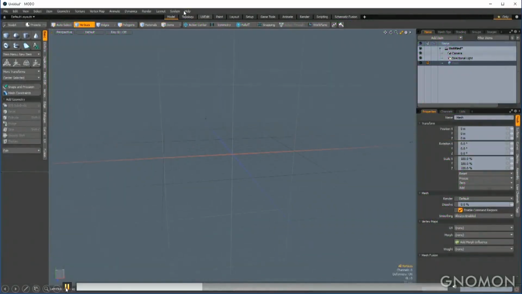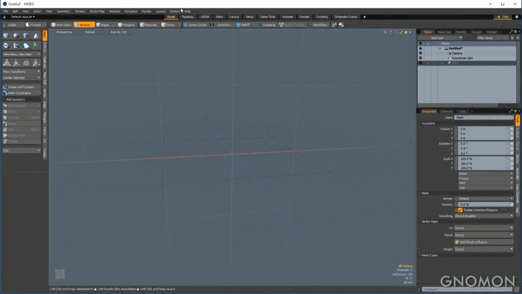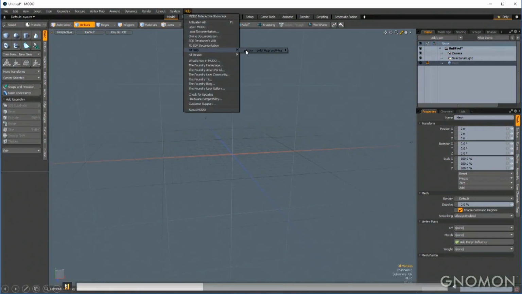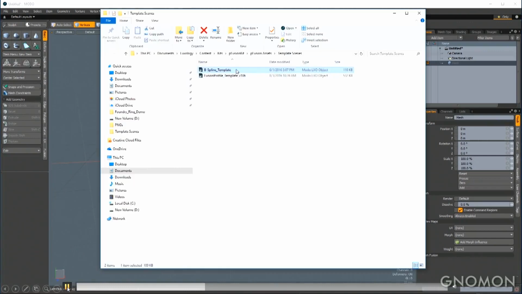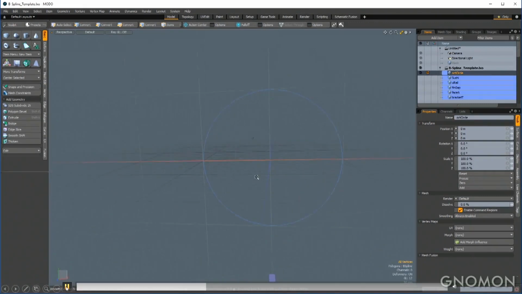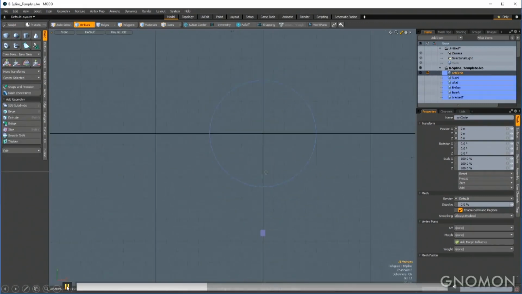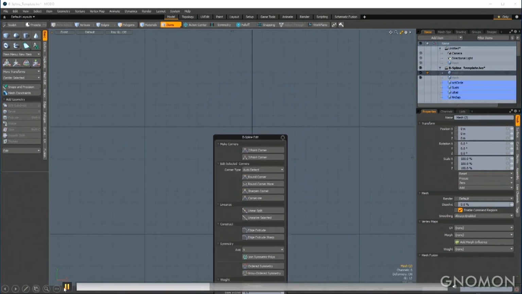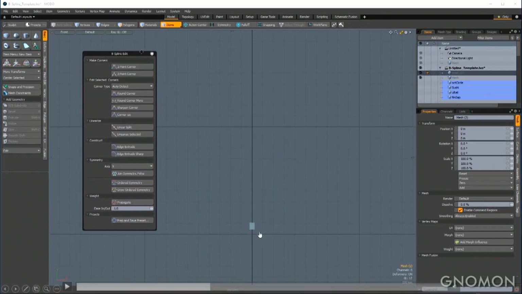So I'm going to open up a scene that's available to all Modo users who have access to the 10 series, and it's called the B-Spline template scene. So I go to Help, Kit Help, pFusion Toolkit Help and Files, and then open pFusion Template Scenes folder. And I'm going to click on the B-Spline template scene. Then I'm just going to go into the front view. I'm going to deactivate this circular curve, create a couple of empty mesh items, and then by clicking on this little rectangle right here, it brings up this form called the B-Spline edit form.